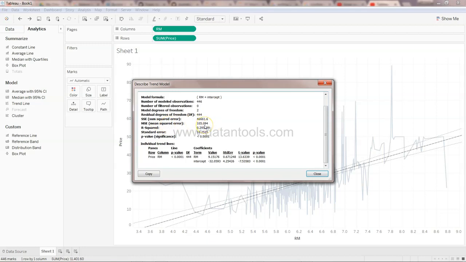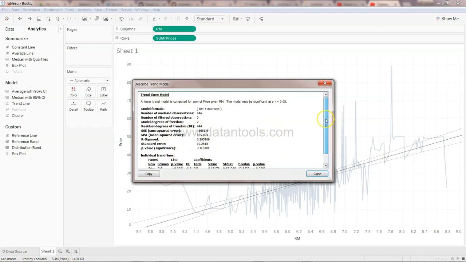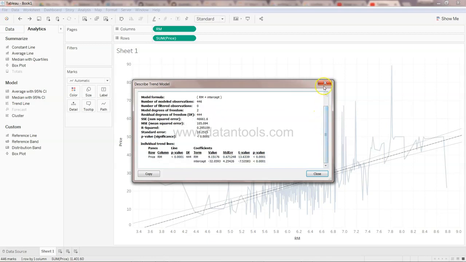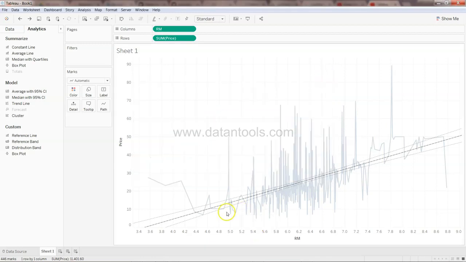Then by adding or removing variables, you will see the value go up or down. The lower the value, the better the model is. That's in a nutshell the idea. If you are really interested in the statistics, you can also use them as part of your presentation. So that's pretty much about how you can create a straightforward linear regression model in Tableau,